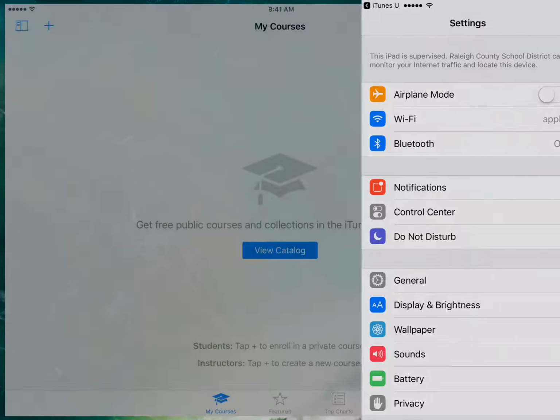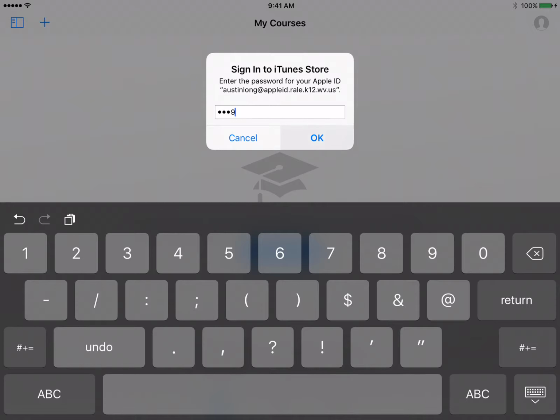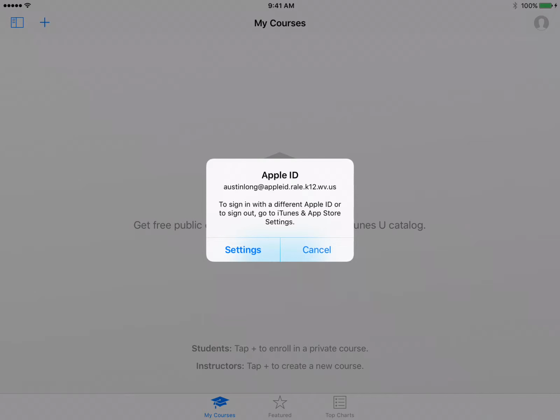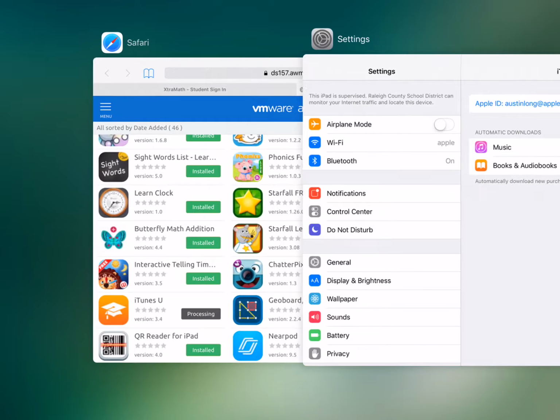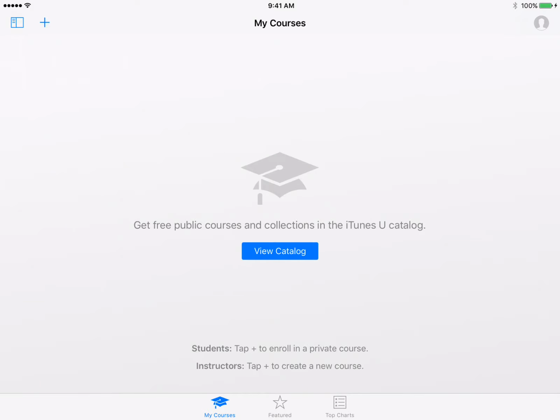So you'll need to go back to iTunes U to add their courses. Sometimes this pops up. They can put their password in again, or if their name shows up in the top corner, they can tap cancel and it'll just go away. Let's see if it recognizes him. I'm going to go out, go back in, and his name shows up. So since he's already signed in, the courses he's already signed into will automatically pop up on any device that